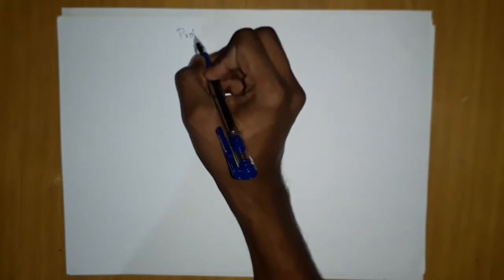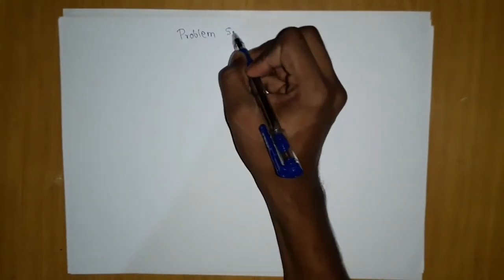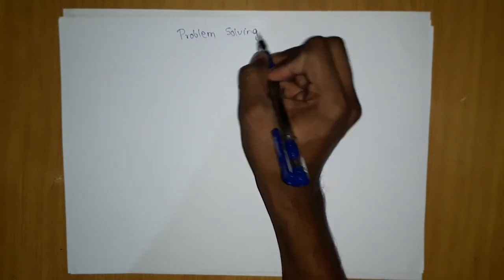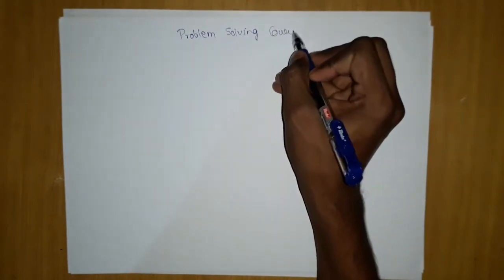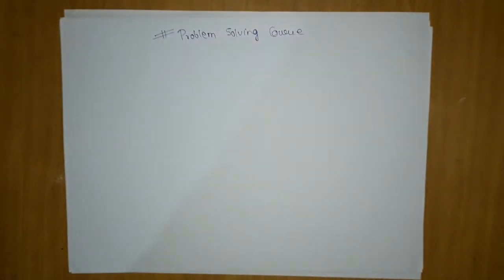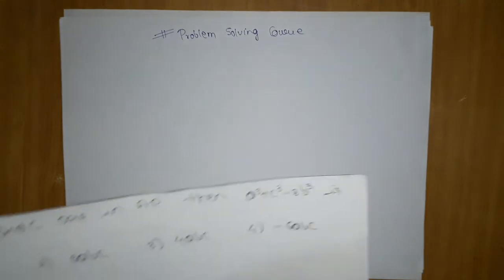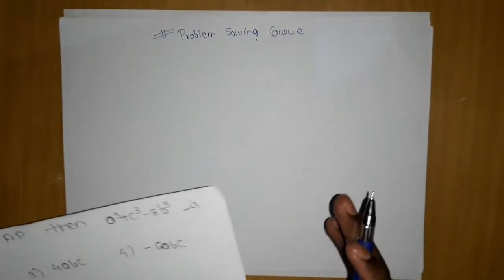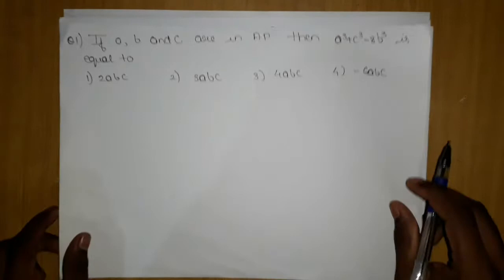This is a problem solving course. Here you will learn how to solve the varieties of problems which are going to appear in the exam, like we did in quadratic. That will help you a lot because we have already done about 240, 250, 260 plus questions, and these 500 and 600 more questions will take you to a new level. So the first question of the problem solving course, exercise questions of single correct, is as follows.